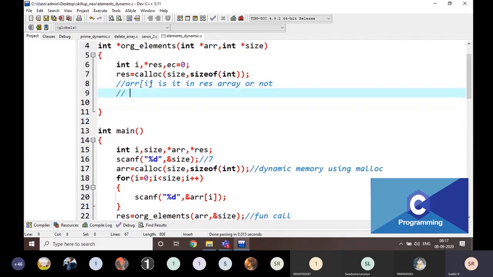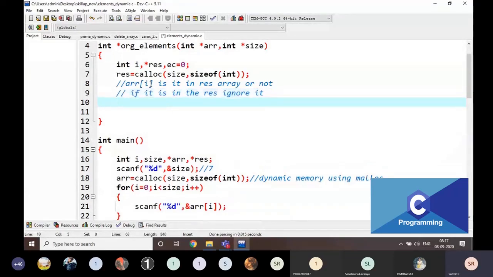If it is in the result array, just ignore it. If it is not in the list, not in the result, then insert it. This is my algorithm.